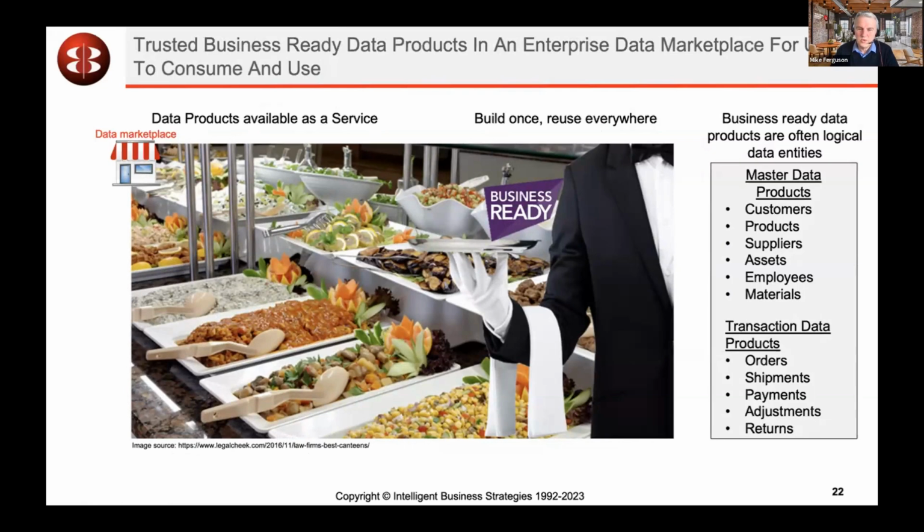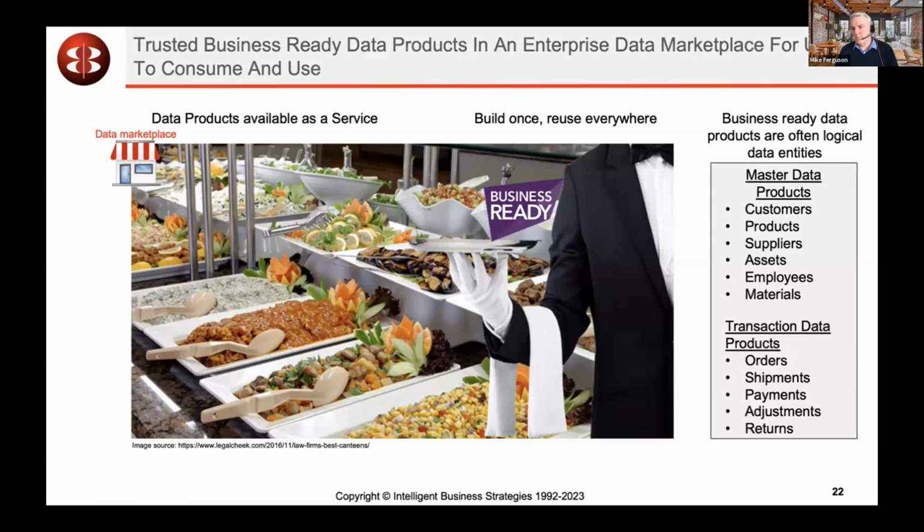Probably not. What you would want is metadata to explain: when was this created? How fresh is it? How was it constructed? Is there anyone I can ask questions about this? You want additional metadata about what's being made available. The key point is that we're incrementally building up data products which are available as a service, which should hopefully